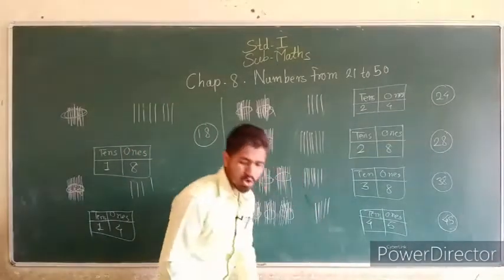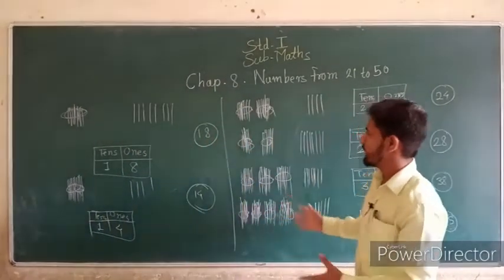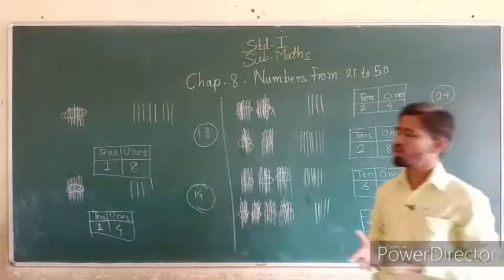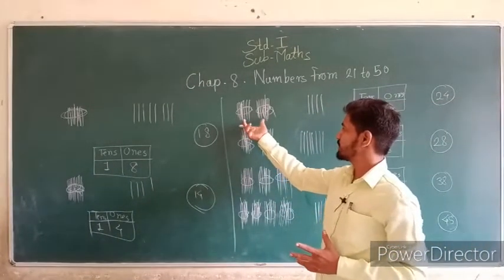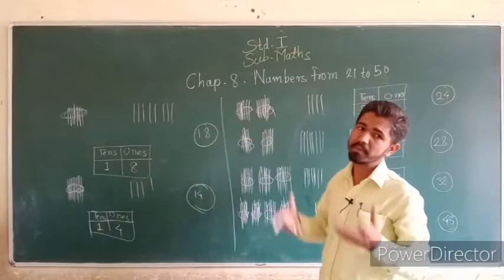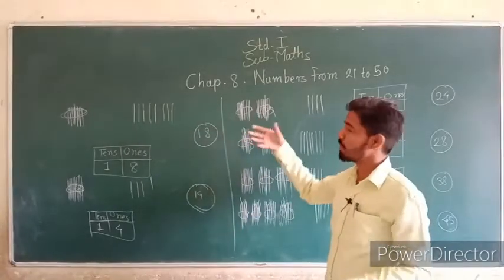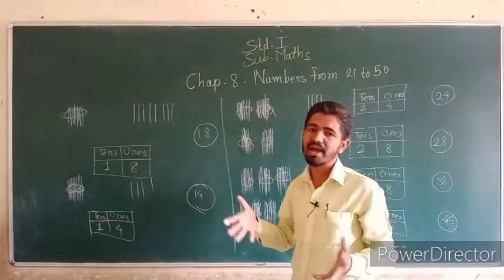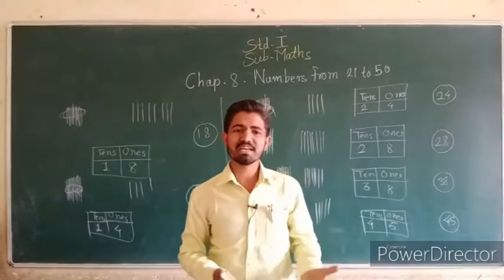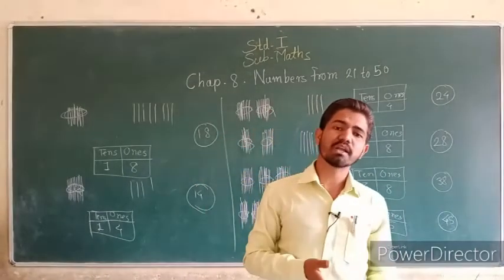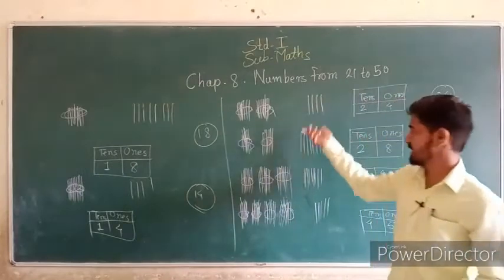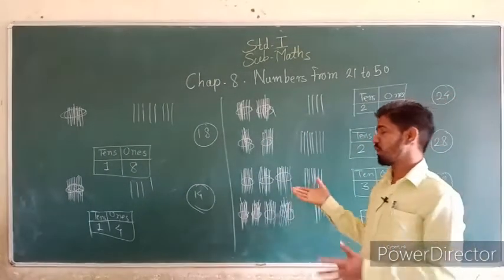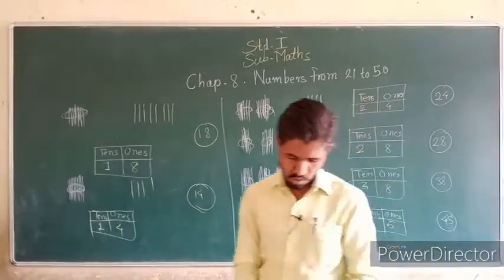Okay, so students, did all of you understand how to solve this example? First what we have to do? We have to write first these bundles. How many bundles do you have to count? 10 bundles. How many 10 bundles? 2 3 4 5 6. That is the 10th bundle. And there are the matchsticks. Once matchsticks are there, you have to count these matchsticks and write in that column.